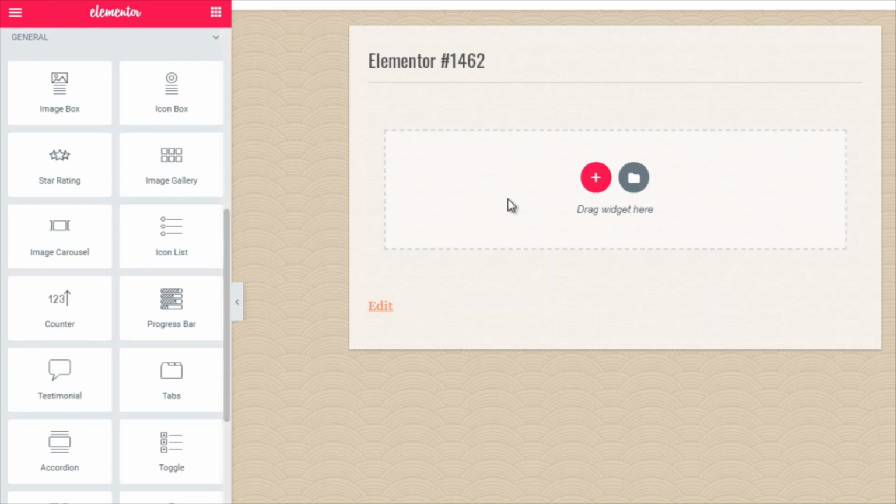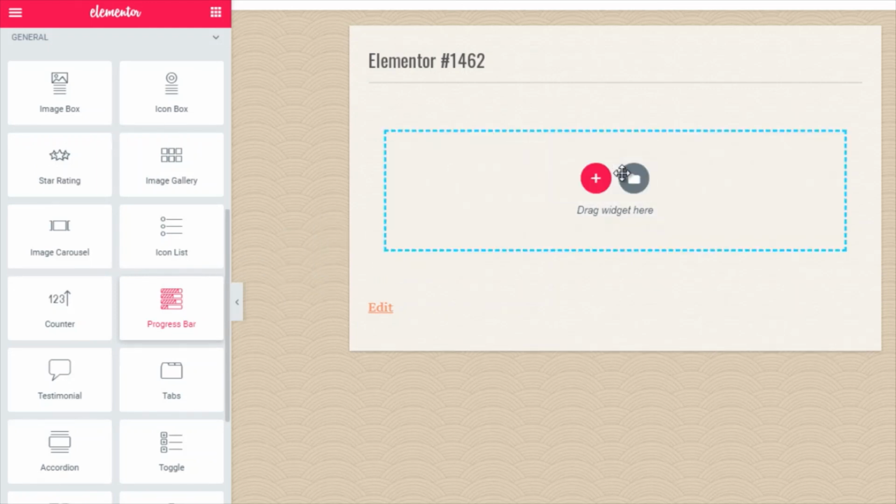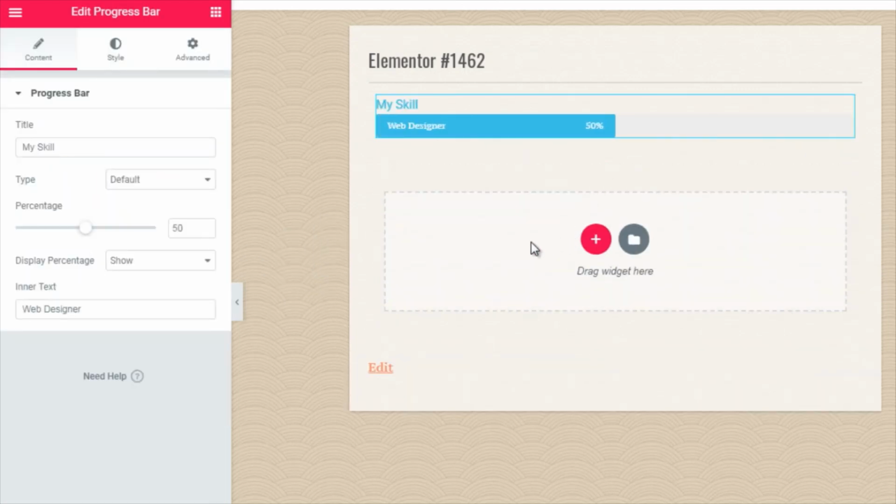So let's say, for example, that this were to be an opt-in page. If we clicked progress bar and dragged it over here and dropped it, there we go. That's it. It's super easy. And of course you have the settings over here that you can edit. And of course I can go back over here